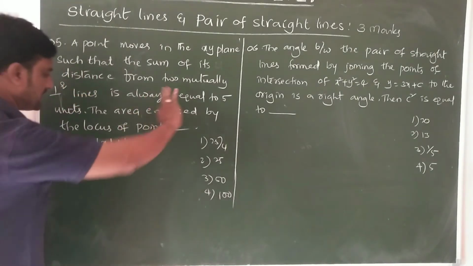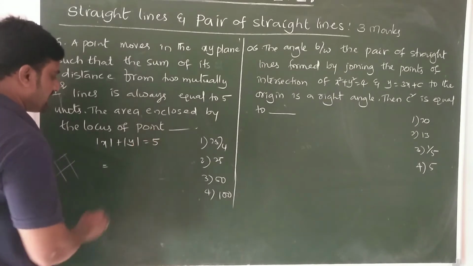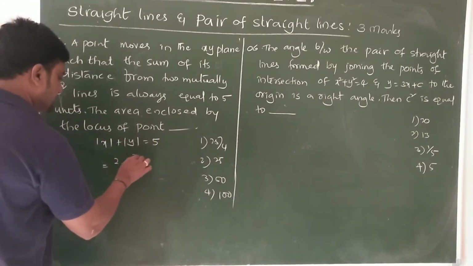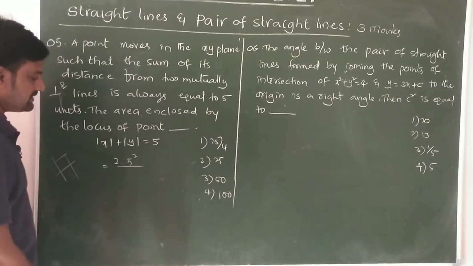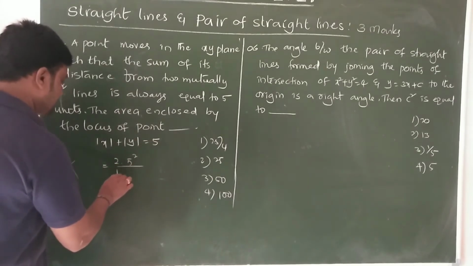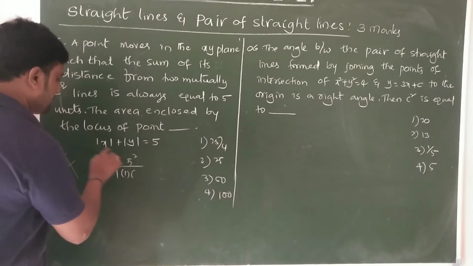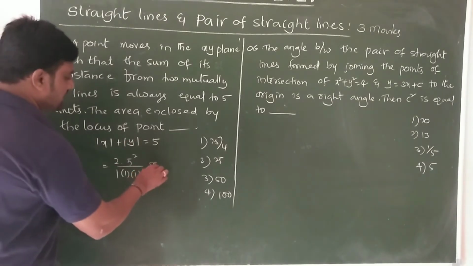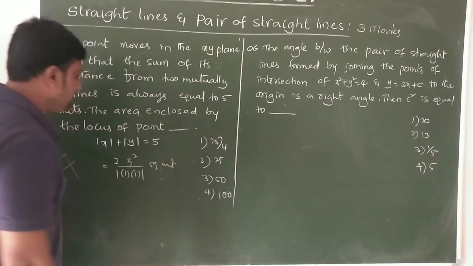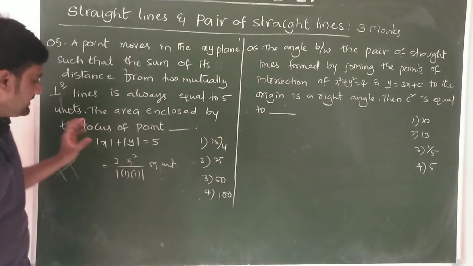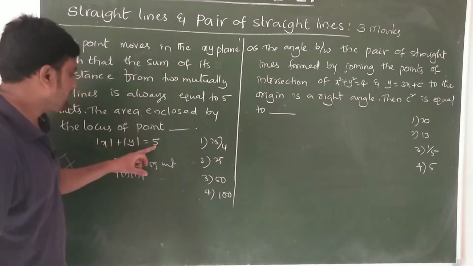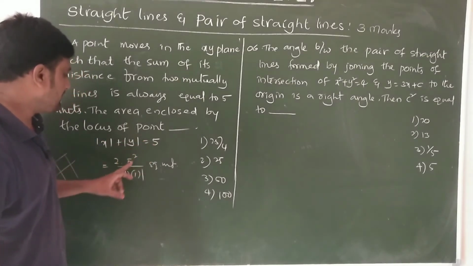Then we can directly, simply write 2 c square, it is nothing but 2 c square by modulus of a1 b2 minus a2 b1, the quotient is 1, okay. Now it is our required area. Simply, by the shortcut way, write 2 into 5 square, okay.